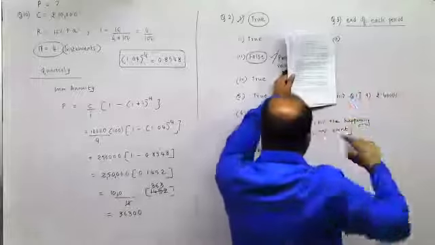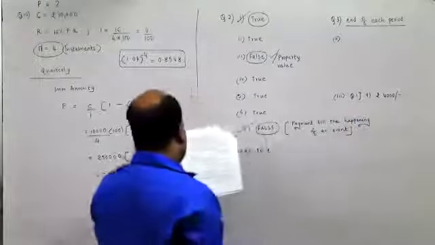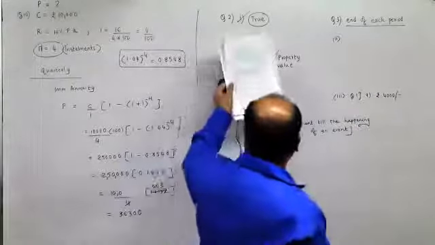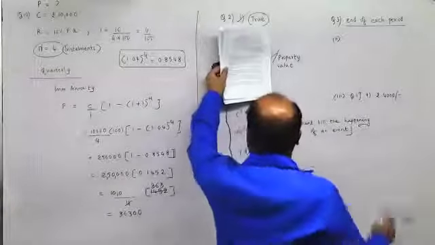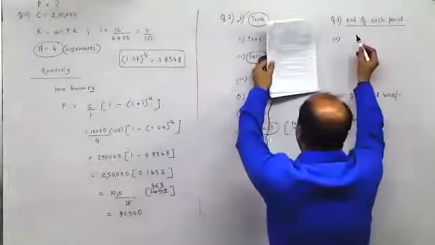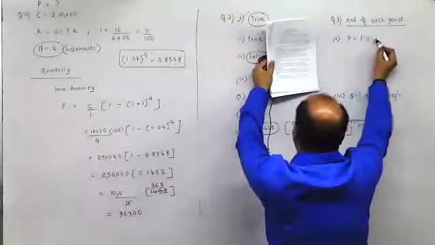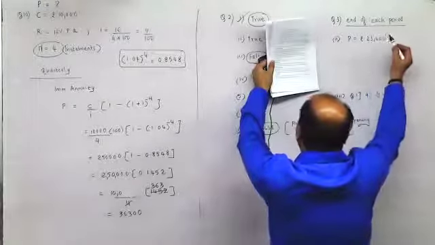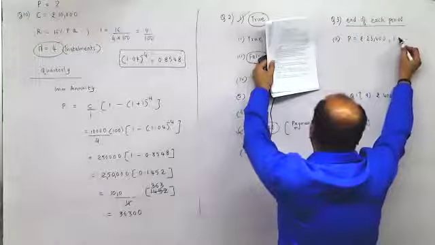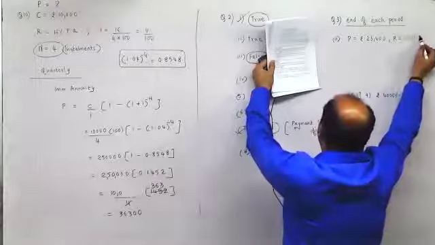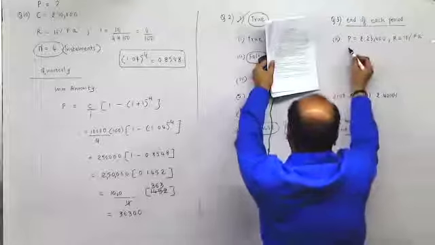There should be some simple method for it. I'll just have a look at it once again. Now, the present value of an immediate annuity for 4 years, present value is 23,400. Did we do this sum anywhere? Just check. Present value is 23,400. Rate is 10% per annum. N is 4 years.